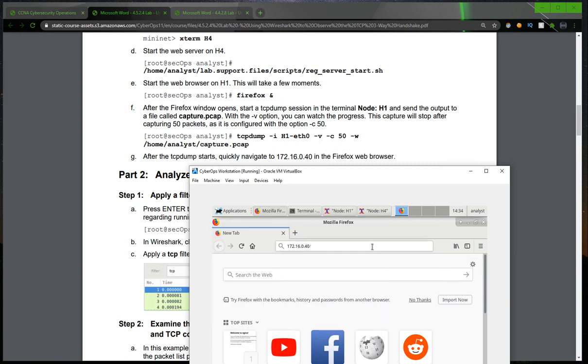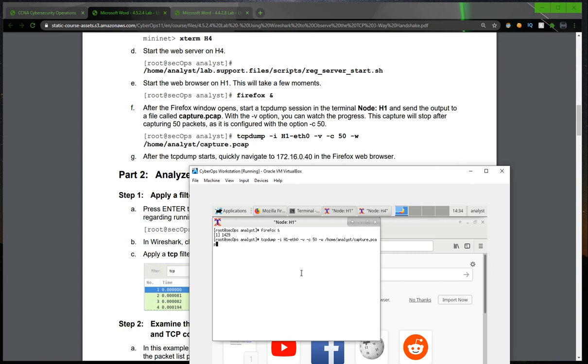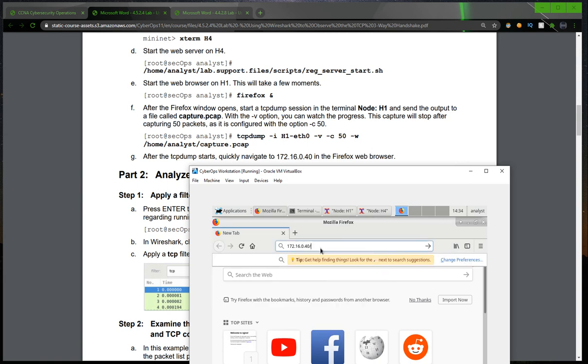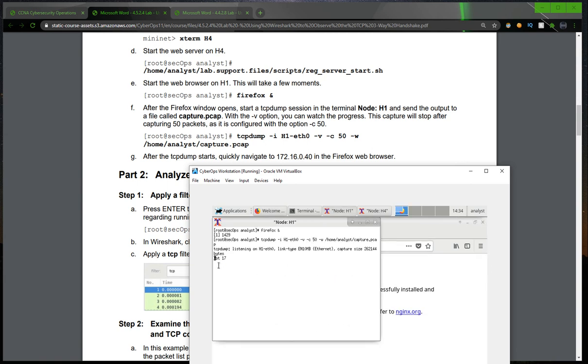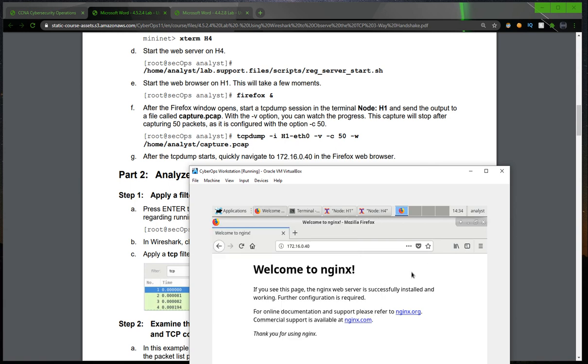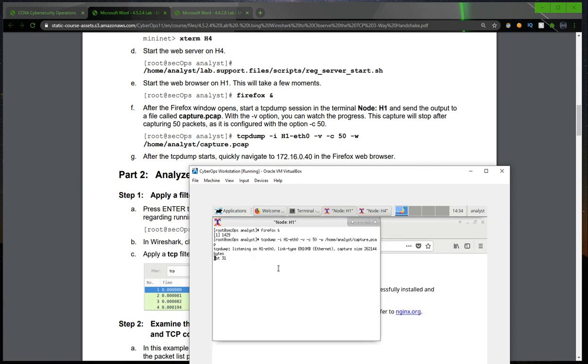At the same time, press enter in the browser. Now it will capture the tcpdump packets, and we have to wait until it captures the 50 packets.